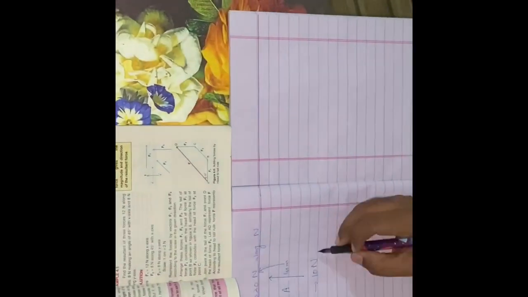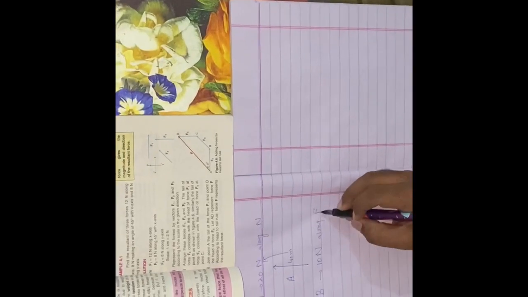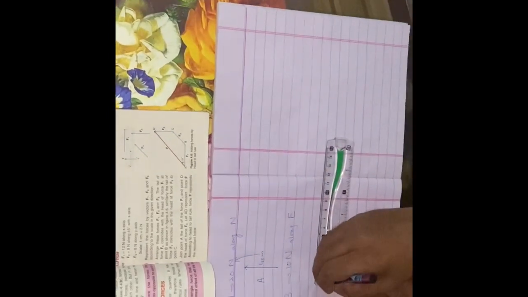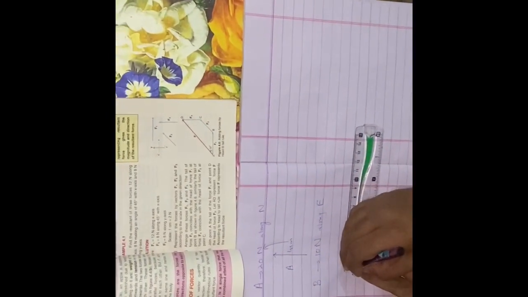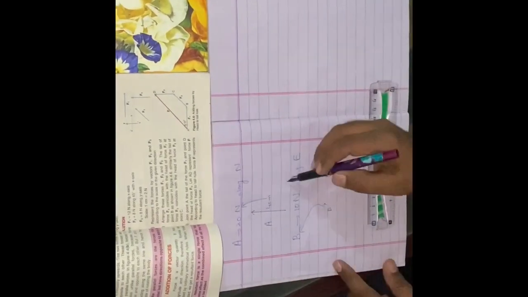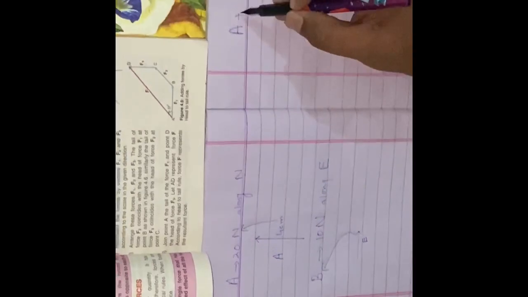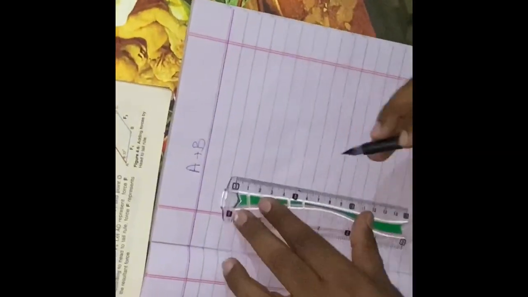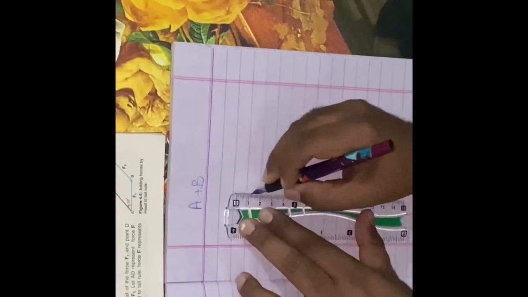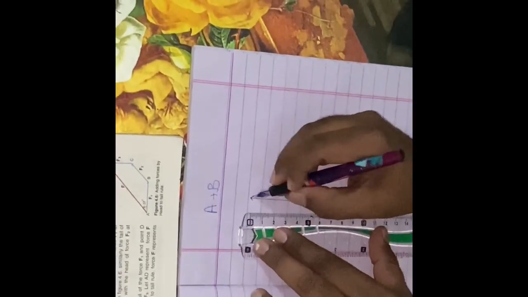And my second vector, which was of 10 Newton along east, will be represented by a 2 centimeter line, and direction is along east. This is my vector B. To add these two vectors, I'll draw my first vector A again, which is of 4 centimeter along north,